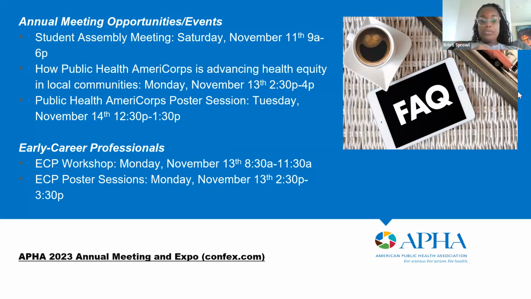So tons of opportunities. I did create a link for the actual agenda of the annual meeting expo. You'll see day by day, there's probably like over 10 to 20 opportunities per day. So it can seem overwhelming. How I would navigate it best is to just write down 2 or 3 events per day that really speak to your interest and navigate from there. I think once you attend one, you might talk to others and they might be attending another one and you'll be able to tag along.